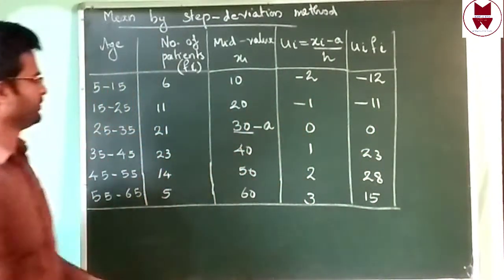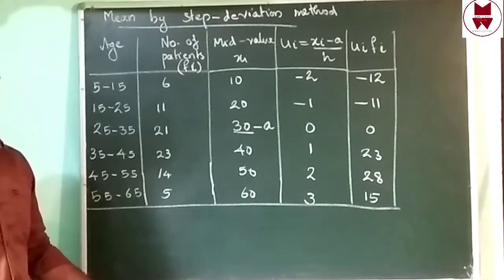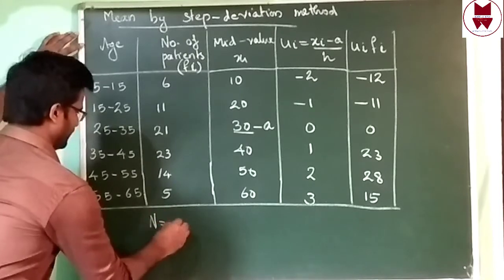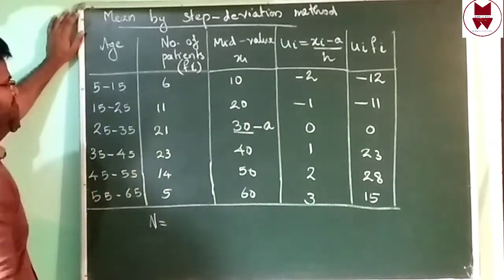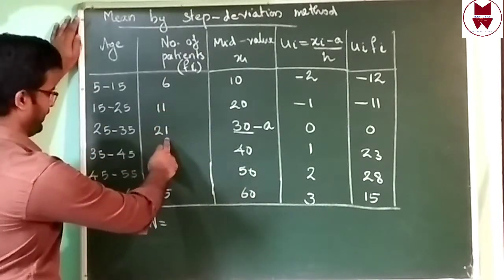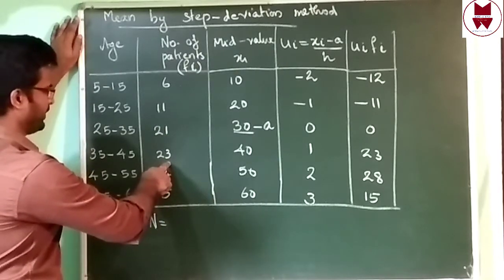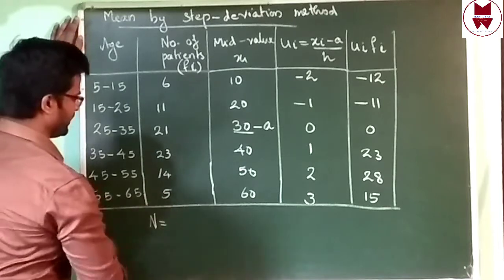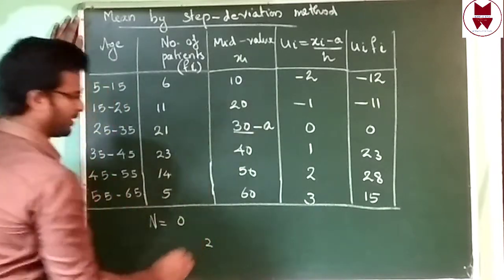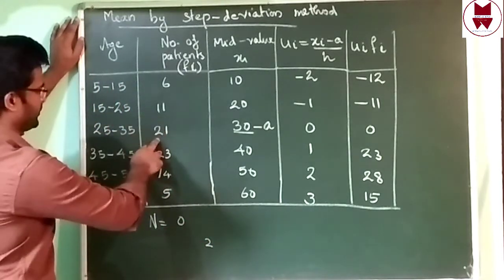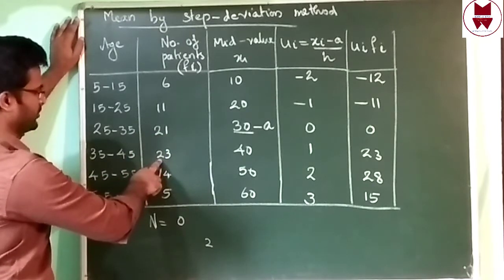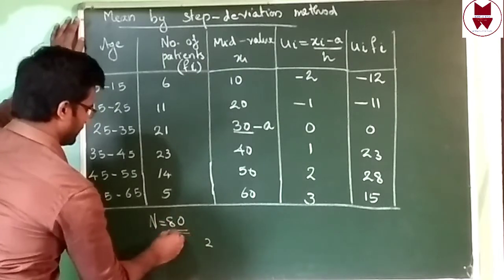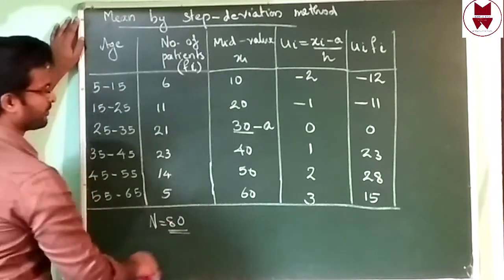Our table is already finished. Now we can find the sum of fi, that is n. n equal to, we can add 6 plus 1, 7, 8, 8 plus 3, 11, 11 plus 4, 15, plus 5, 20. Remainder 2. 1 plus 2, 3, 3 plus 2, 5, 6 plus 2, 8. n we will get 80.